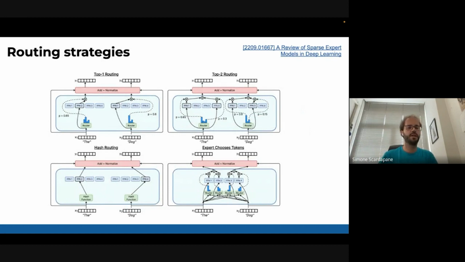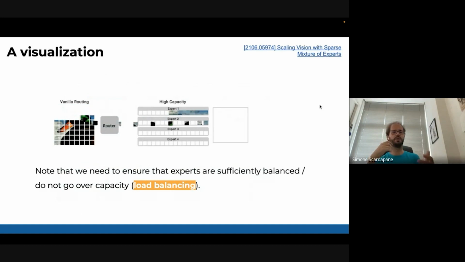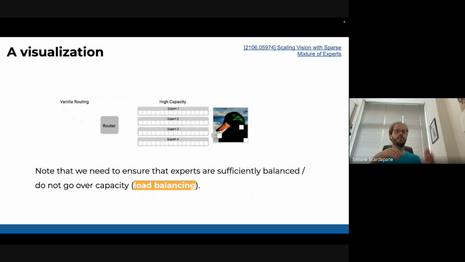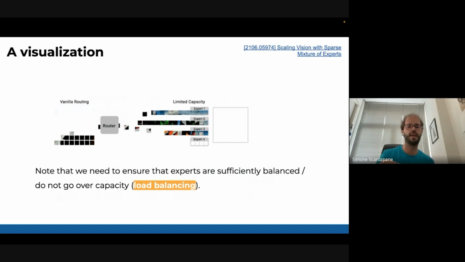There are many ways you can do this routing. This is, again, another review. But if you focus on the most common one, the top-k, what I described to you. So you take every token, you pass it through basically a Gumbel-Softmax. It's not really a Gumbel-Softmax, but it's very close. And it will tell you, okay, 2. And so you will route this token to expert 2, and you can go to the output. And this is a visualization. So you see you have the router, the tokens, the router, and it sends tokens to the different experts.